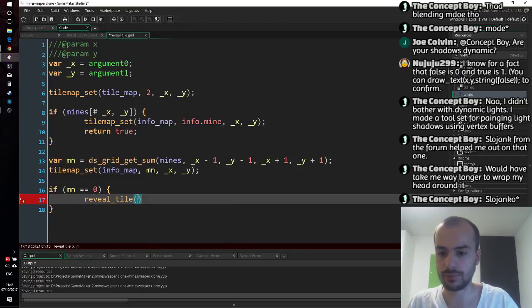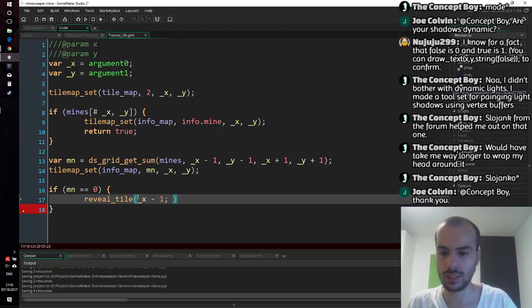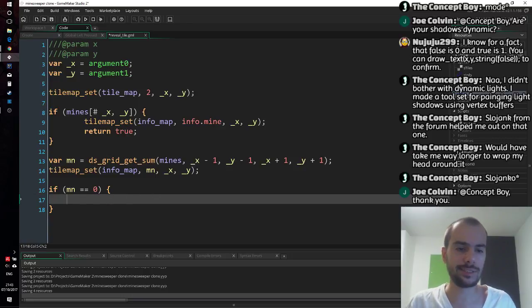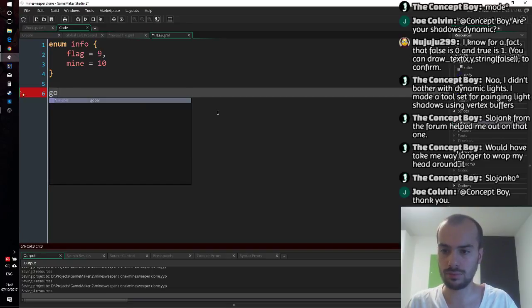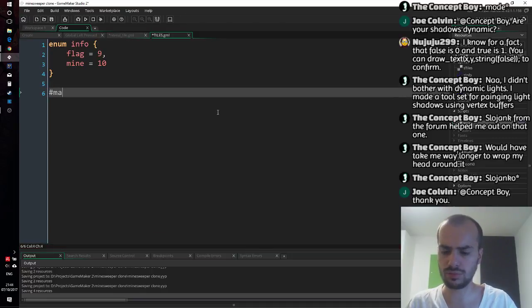I'll just do it 8 different times, because otherwise it gets a bit tedious, I guess. Actually, that's going to be tedious as well. Let's just do it that way. Let's go here and do, what's it going to be? Actually, just do macro adjacent. We don't care about memory or anything. Adjacent is going to be equal to -1, -1, -1,